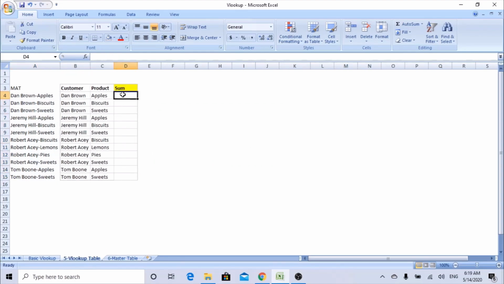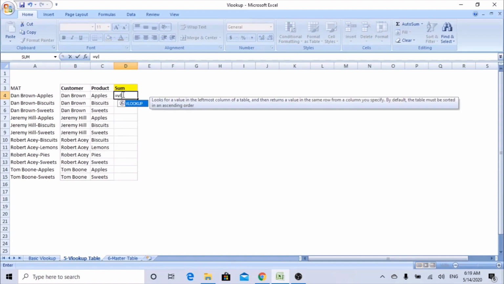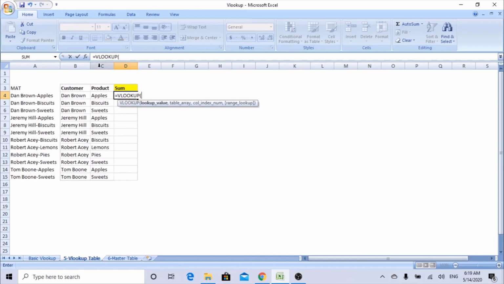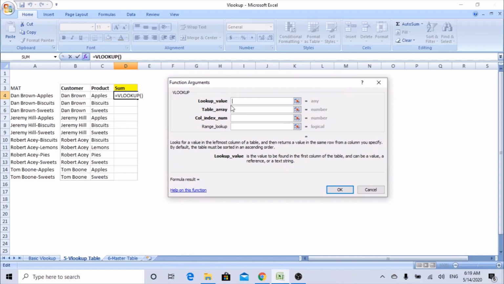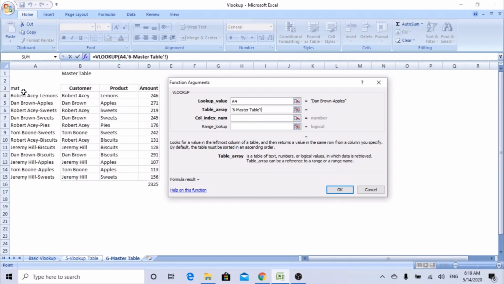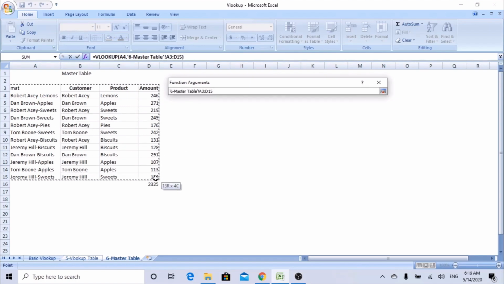Once you find the unique column, then you can use the VLOOKUP. VLOOKUP, open bracket, hit insert function. The lookup value is nothing but the unique column which you have selected. Select one cell. Table area is nothing but the master data from where you are trying to retrieve the totals. Go to the master data. Since the Mat column is the unique one, we'll select the range from here. As it says, the fourth column is the amount column,